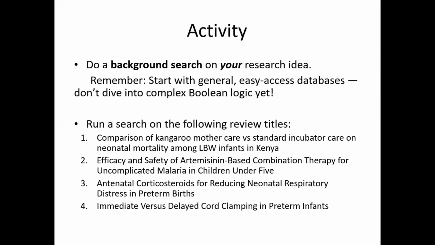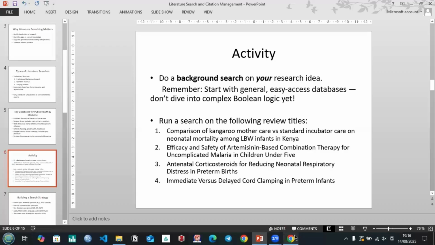Okay, great. So let's run a search together. Okay, so I had a few ideas, but we can pick any one. So we can do the first one, comparison of kangaroo mother care versus standard incubator care on neonatal mortality among low birth weight infants in Kenya. So when doing a preliminary search, remember, we don't want to use many words. We want to keep it broad. So let's go to